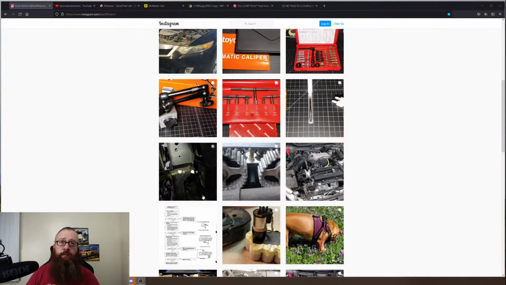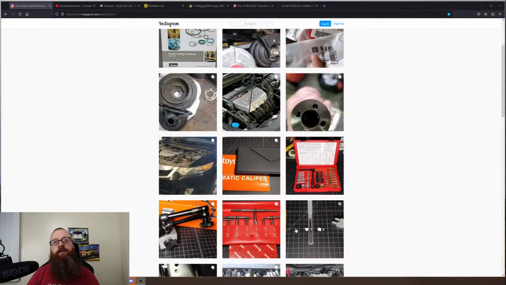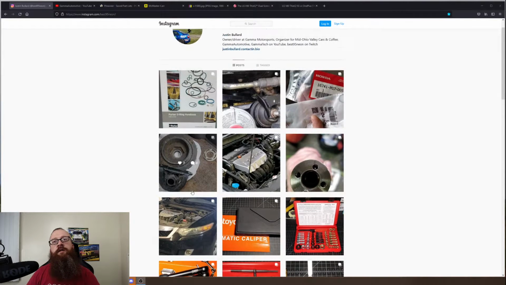If you check out Instagram, there's a bunch of new posts on there. I should probably actually bring the screen up so you can see what I'm talking about. I can't remember exactly where we stopped, but this is probably the final picture I took of the engine over at the shop. This is where we were checking timing, doing a little bit of paint work underneath the CRV. Then there's a bunch of tools here. I did kind of a tool series. Then we did a timing chain on my little brother's TSX. There's kind of a series there for that. It should be these 3 posts here. And then we get back into the CRV up to this point, and then I just recently made a post about